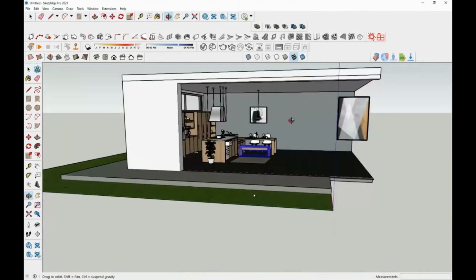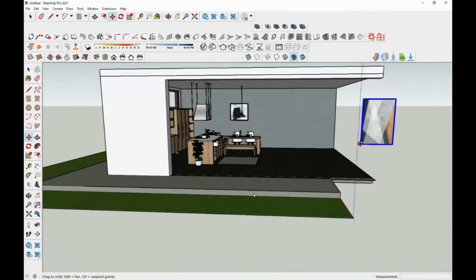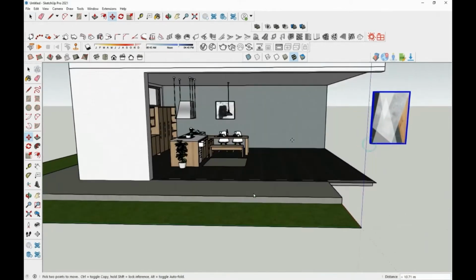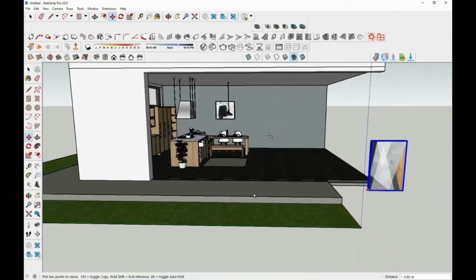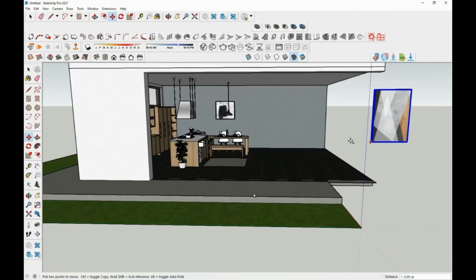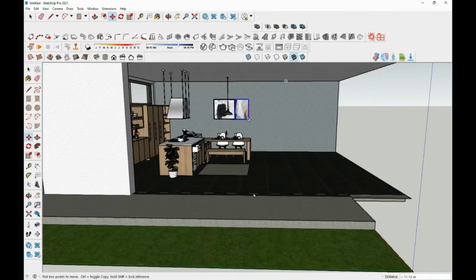Here again, I want to move this painting. It's very closer to the camera and I want to place it somewhere near to the painting in the wall. Here when I'm trying to snap it, it's not getting good. So to make it easier, here again, I'm locking the blue axis and choosing the inference point to where I want to snap it. And then again, the pressing up arrow key will snap it exactly into that position.